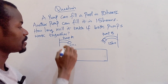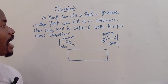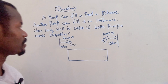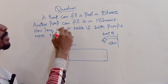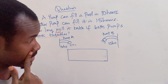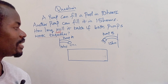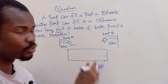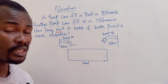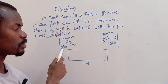So let's understand something here. Pump A can take 10 hours. Now the question says how long will it take if both pumps work together? Very important, the question says together. Together means we have to add. When you come across the word together in maths, it simply tells you to add up something. So we are going to add the rate at which pump A will fill this pool and the rate at which pump B will fill the pool. But in 1 hour,